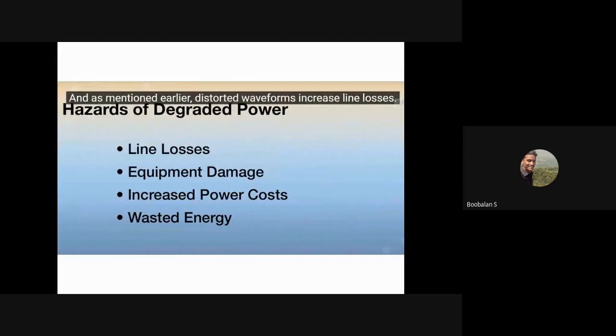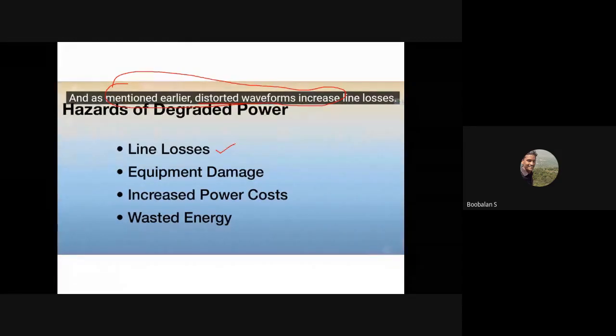If a non-linear load is present, it leads to voltage getting distorted, and due to this your line loss is going to increase, because I am transmitting electrical power only through a conductor. The AC power is traveling through the conductor, and due to these switching devices, harmonics are introduced. So heavy heat energy builds up on my line conductor. If the conductor gets more heated, definitely power loss is going to occur.